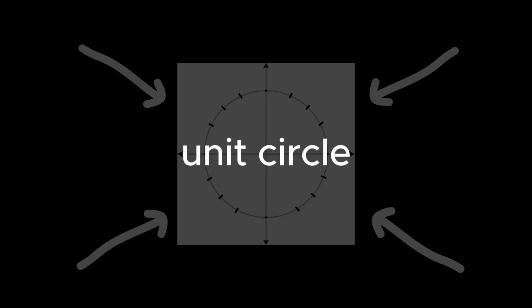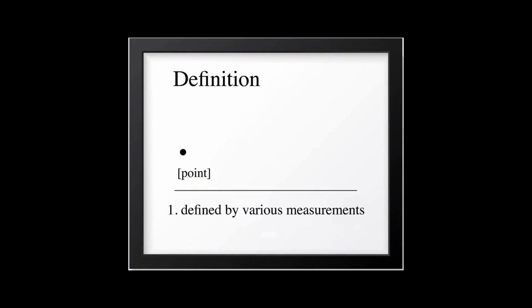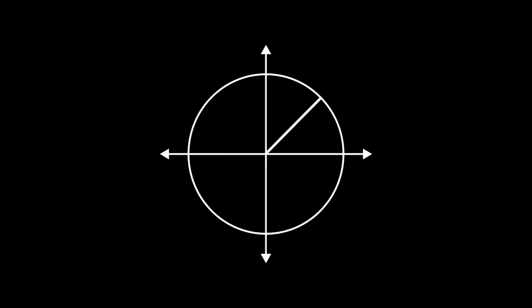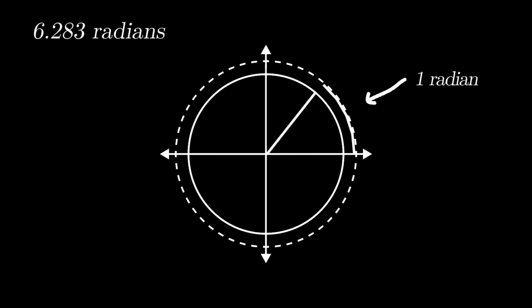The other key thing to remember is this little circle divided into 4 quadrants with 12 points called the unit circle. The points in the circle are defined by various measurements, like for example degrees. But the most common measurement, however, is radians, which basically is the radius of the circle stretched out over its side, creating an arc. 6.283 radians make up a whole circle, which is equal to the circumference of the circle,